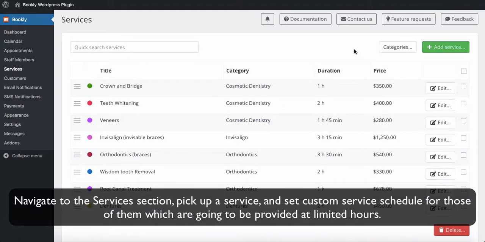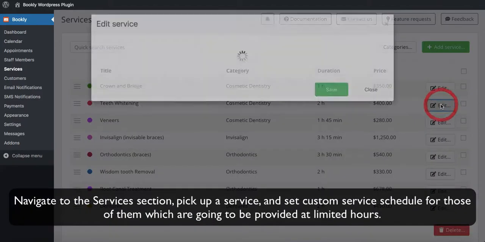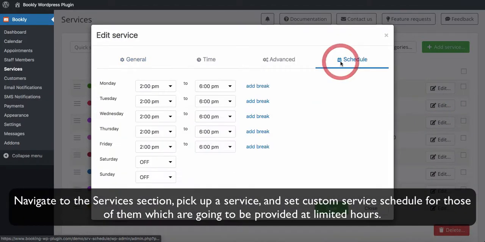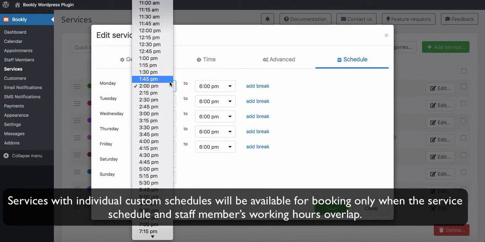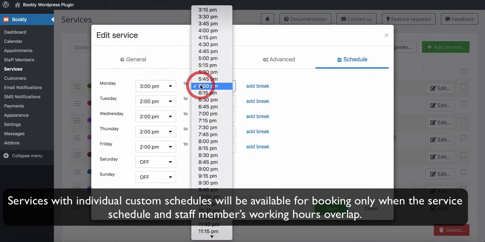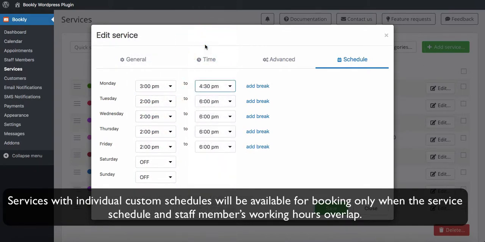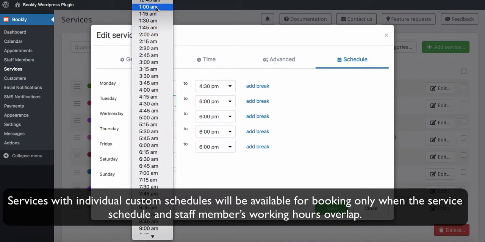Navigate to the Services section, pick up a service, and set custom service schedule for those of them which are going to be provided at limited hours. Services with individual custom schedules will be available for booking only when the service schedule and staff members' working hours